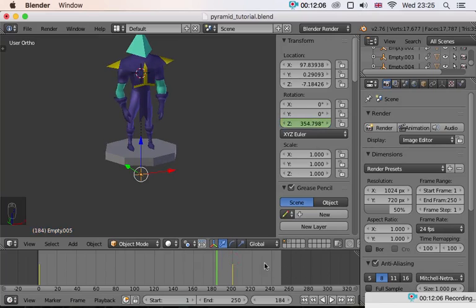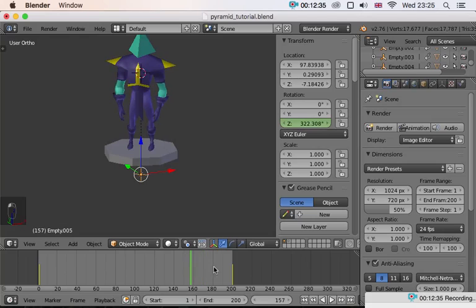We can have as many frames here. This grey section defines the frame range that exists in this Blender file. At the moment it's 250 frames. We can have as many frames as we want, but we want it to zip back at 200, so we want to change the end frame from 250 to 200. And we can do it here, or we can do it up here. Either way, it's the same thing. So we change the end to 200. You can see that happening. And now if we Alt-A,